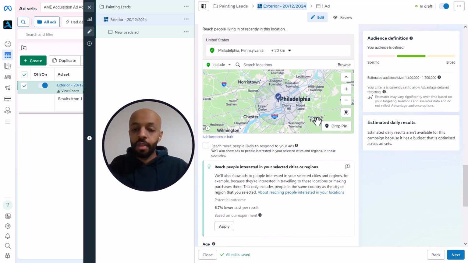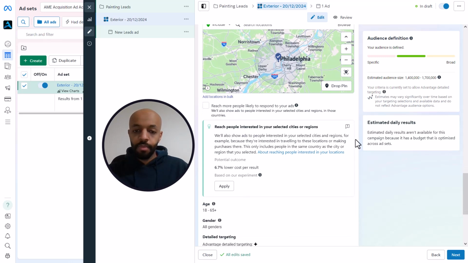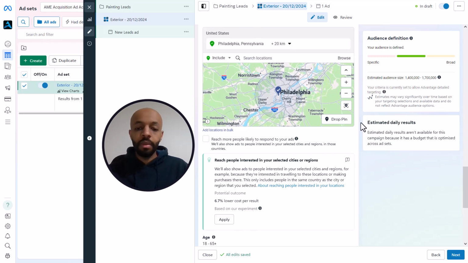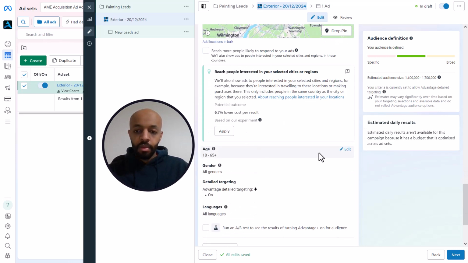Now let's say this is fine for you, okay? This is the area that you serve. That's perfect. The other thing you can do is you can actually drop a pin onto the map and then have the radius be around that if you don't have a certain area in mind. Otherwise, you can just select the city and then the radius. Now for the age,